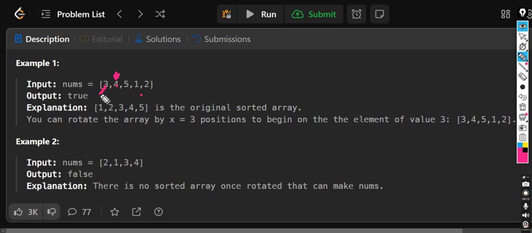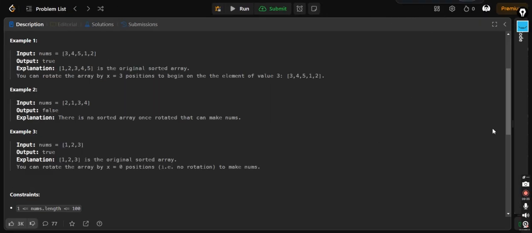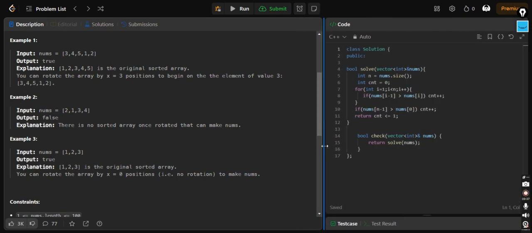So what we will do, we will just compare the first element with the last one. If the first one is greater than the last one, it depicts that it is a rotated array, and the above conditions are also true, such that our preceding elements are lesser than the successor elements. That we will also use. It is very simple. First I'll show you the code, you will get a clear vision. We just have to return a bool value, that is true or false. So we'll first calculate the length of our vector.